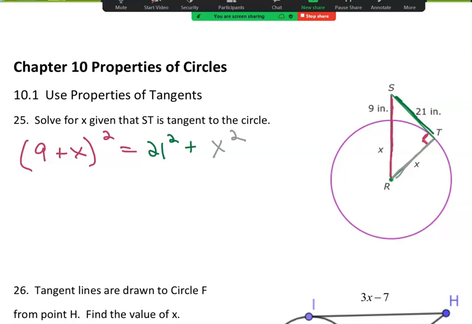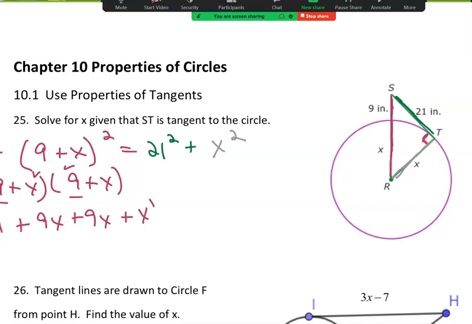To FOIL, or to multiply or distribute, however you want to call it, I would tell you to write this once, and then you're going to do first, outer, inner, last. So first gives me 81, plus outer gives me 9x, inner gives me another 9x, and last gives me x